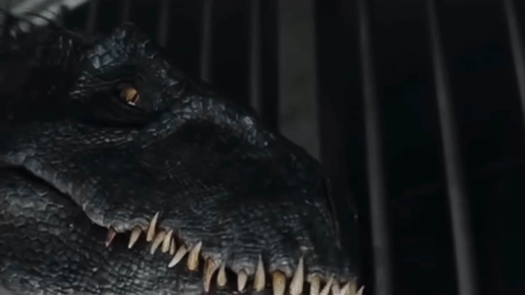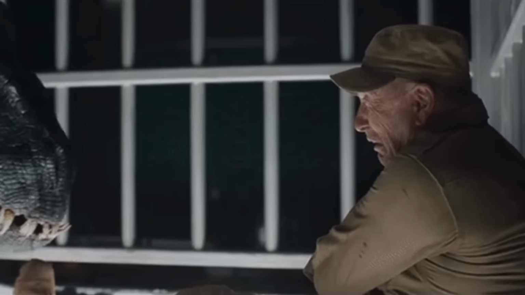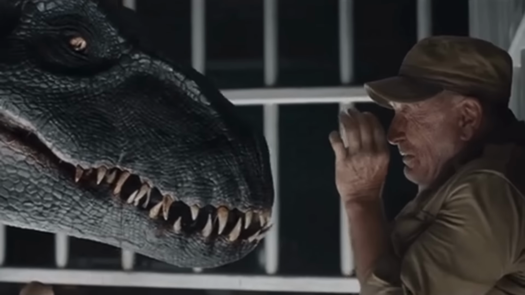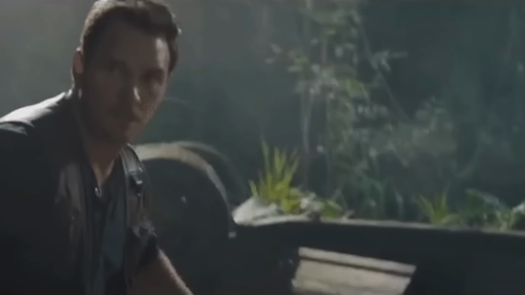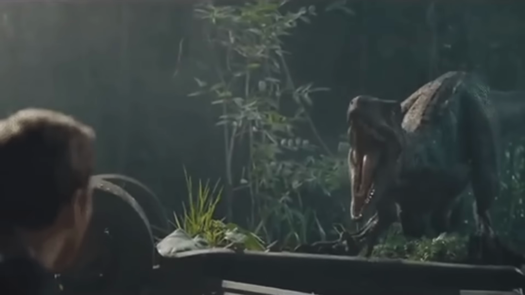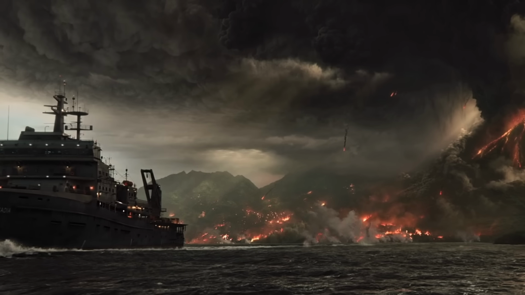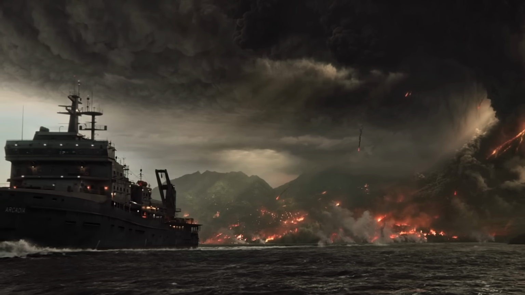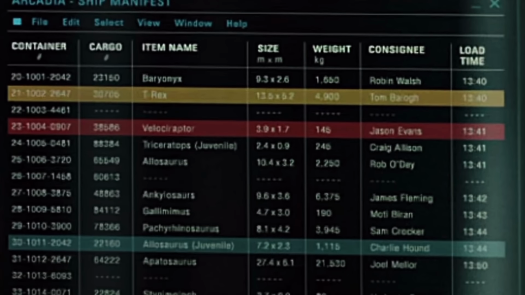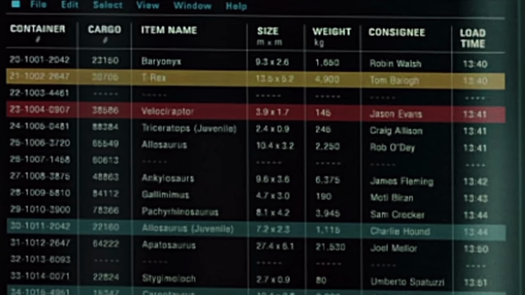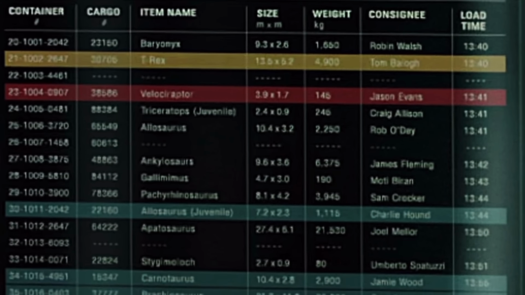Well, sometime around the release of Fallen Kingdom, Outpost would actually go over a version of the film that differed greatly from what we got in the final cut. And I think one of the things that people will find made this draft very interesting was the much larger incorporation of Ian Malcolm. Now, early on, the idea is said to have not only been for a single ship, like in the final movie, to take dinosaurs off of Isla Nublar, but for there to actually be another ship set in place to take the dinosaurs to Isla Sorna.